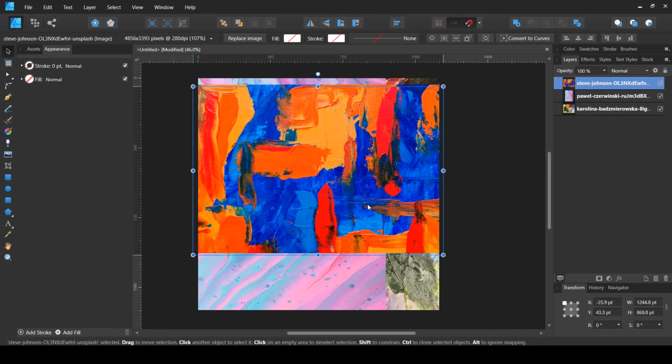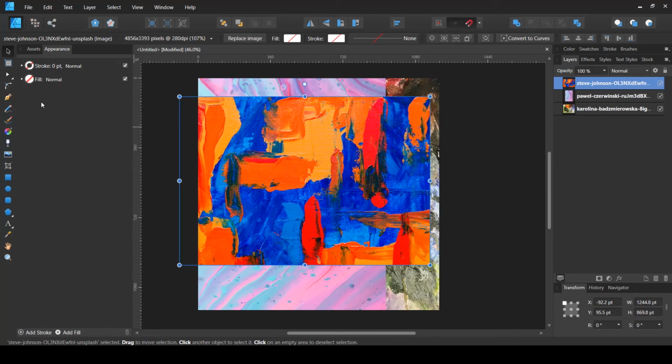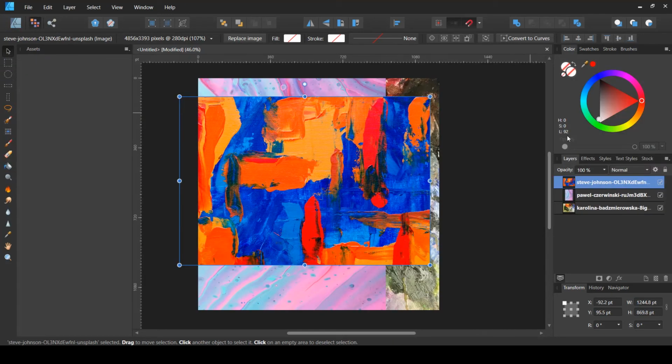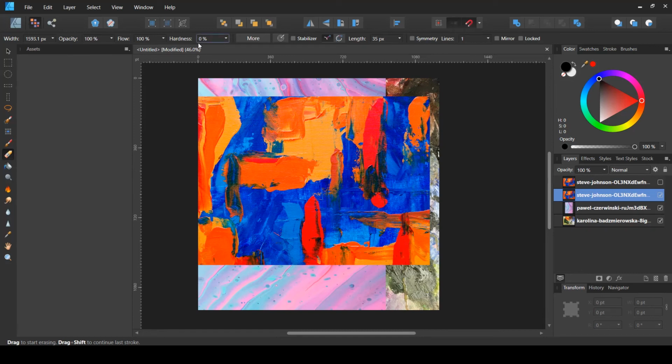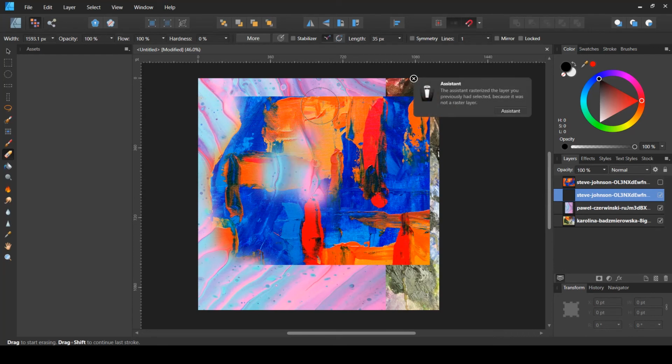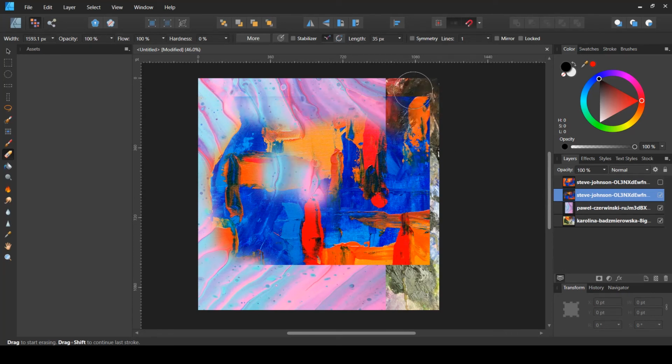For example, these three images. I would create a new texture based on these existing images, existing textures. For that purpose I will go to the pixel persona and create a copy of this top layer, because I might want to use it later, and hide the top and apply this, removing certain kinds of images. So I'll use this eraser tool, bring the hardness to 0 and start removing certain random images. Just close this pop-up.